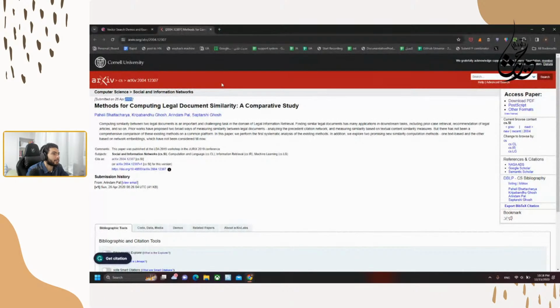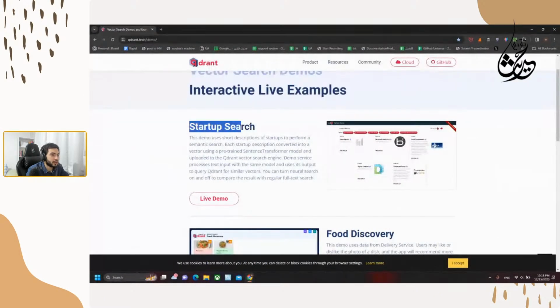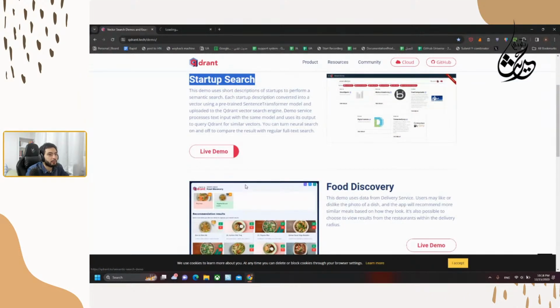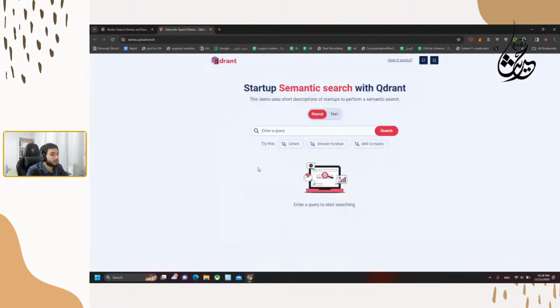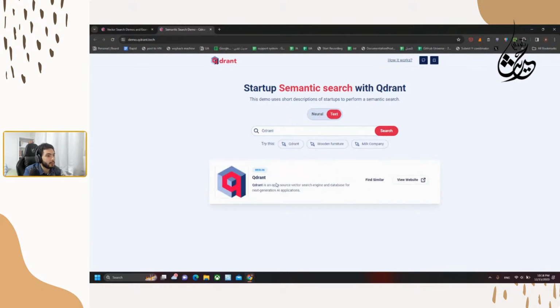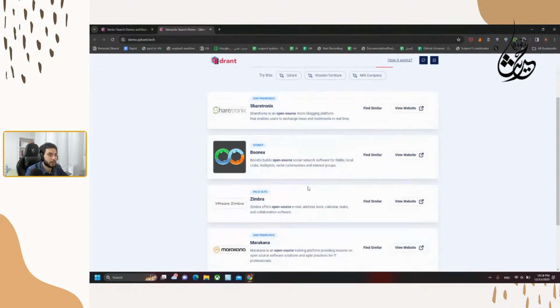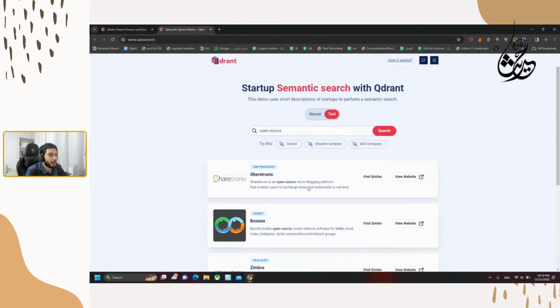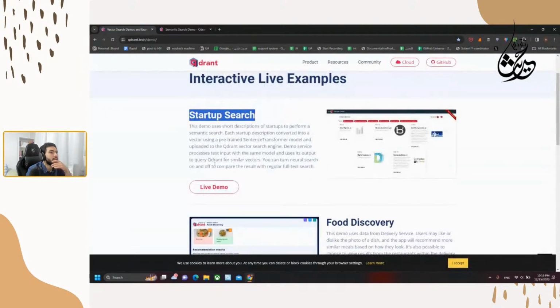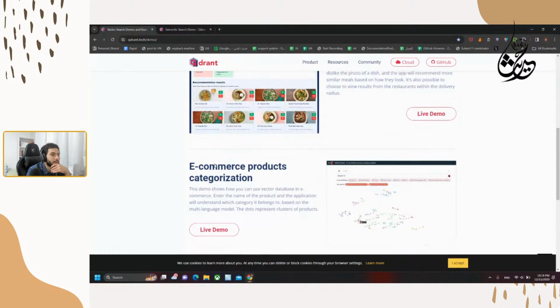So yeah, and here they have this demo for startup search. I think they have Qdrant here. So let's see, for open source, I think they might search the description of that and map whatever they are having and show that. Yeah, so here is that food discovery, e-commerce product,